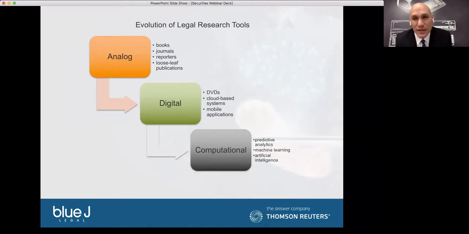I think the next 20 years are going to see an equally wholesale change towards computational research tools. And that's basically what we're going to be talking about today. How does this work now? And what can we look forward to in the future as these computational tools really grow in scope and coverage and become more refined and more exciting to get things done?